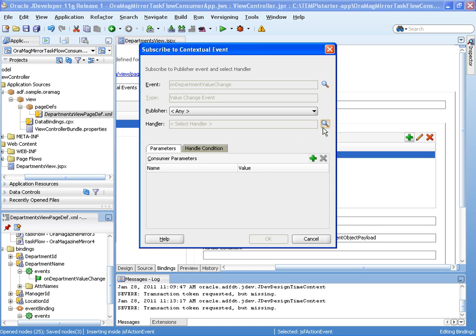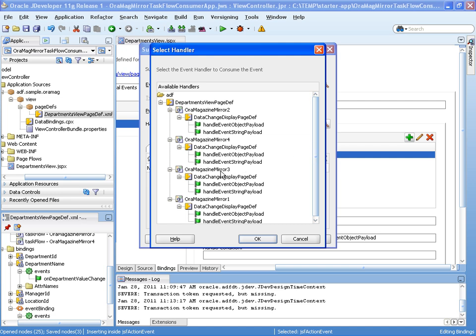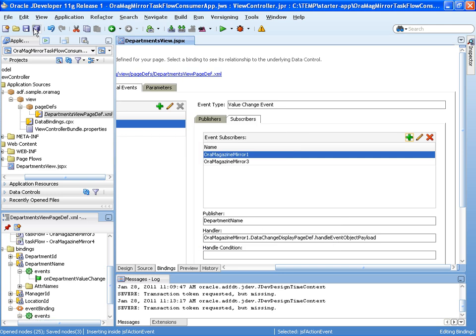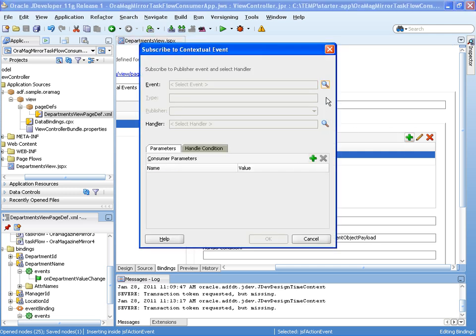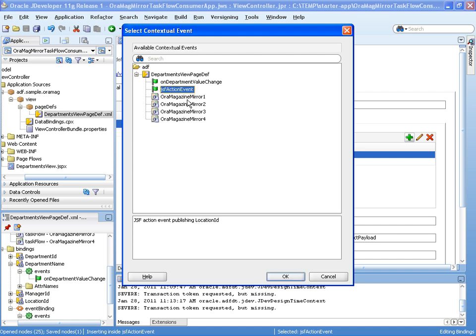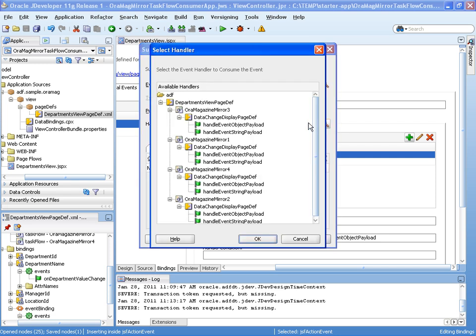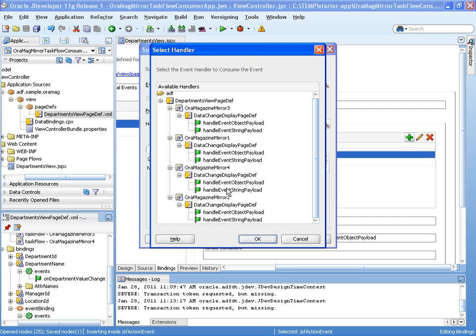And now I select the handler, and for the handler I use my third region to do that. So custom payload. Saving it up. And now you see I have two entries here, still one entry on the other one, but we're changing this next. So now again we take JSF action here as an event. We leave it to any, and now we assign this event to our fourth